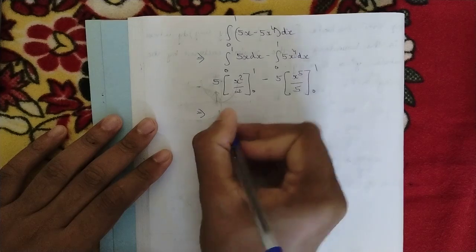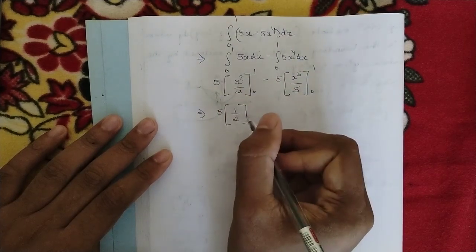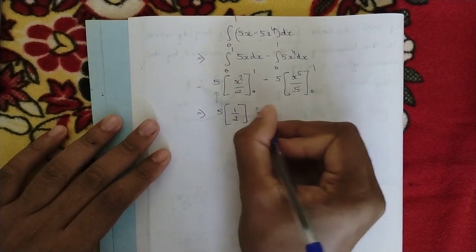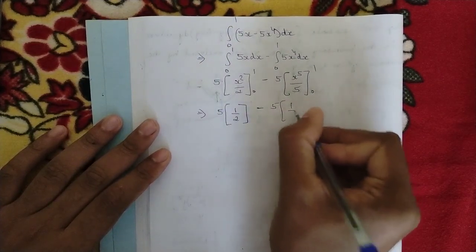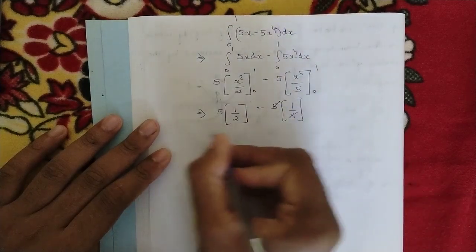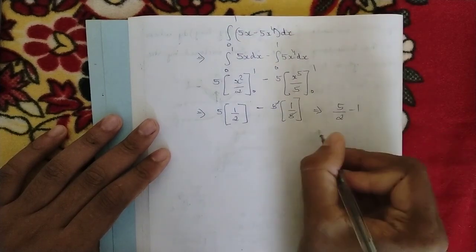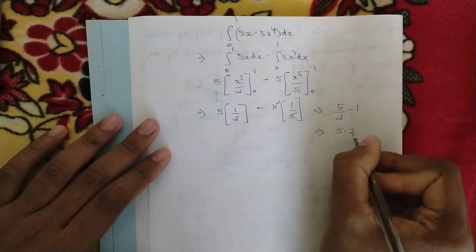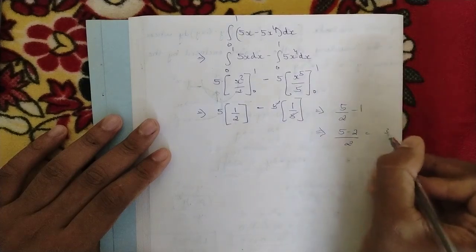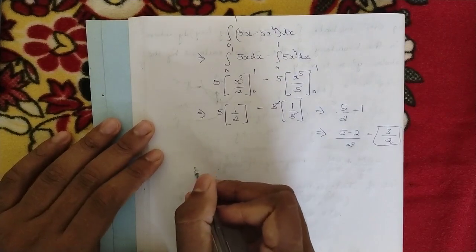So if you solve this, you would be getting 5 into 1 by 2 minus 5 into 1 by 5. So cancel 5 out, so we are left with 5 by 2 minus 1, that is 5 minus 2 by 2, that is equal to 3 by 2. Okay, so therefore our answer is